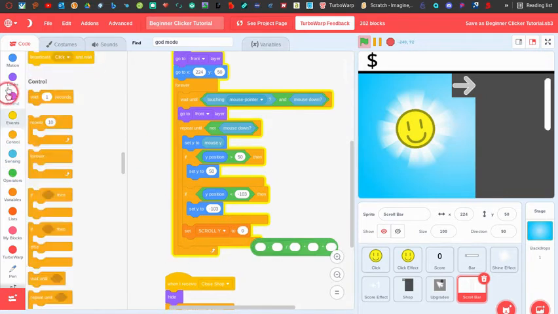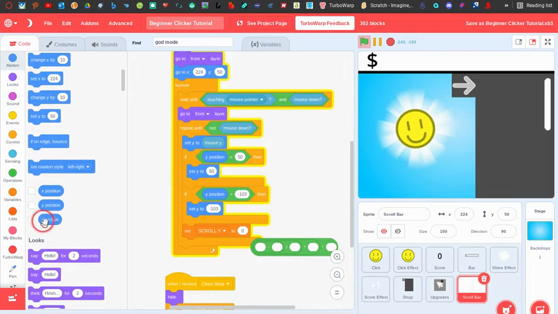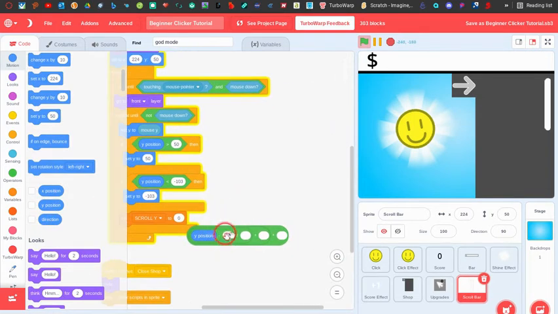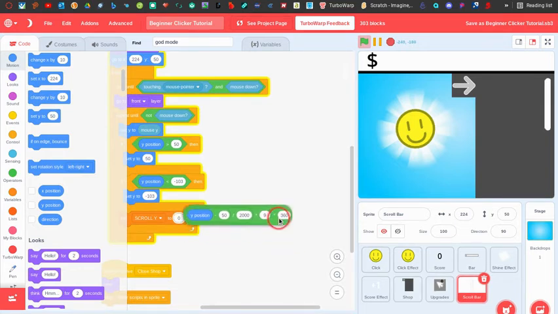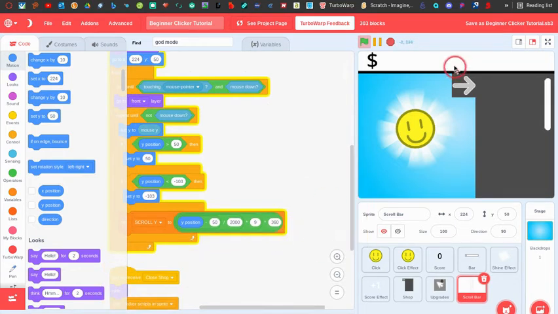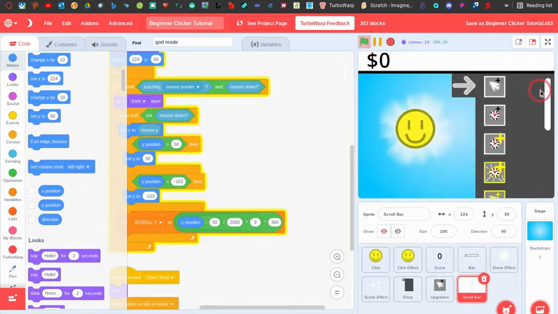In the minus I'm going to put Y position minus 50, because that's my one at the top, and then divided by 2000, and then times 9, because that's how many there are, and then times 360, and you can put that in there. And now if I play the game,